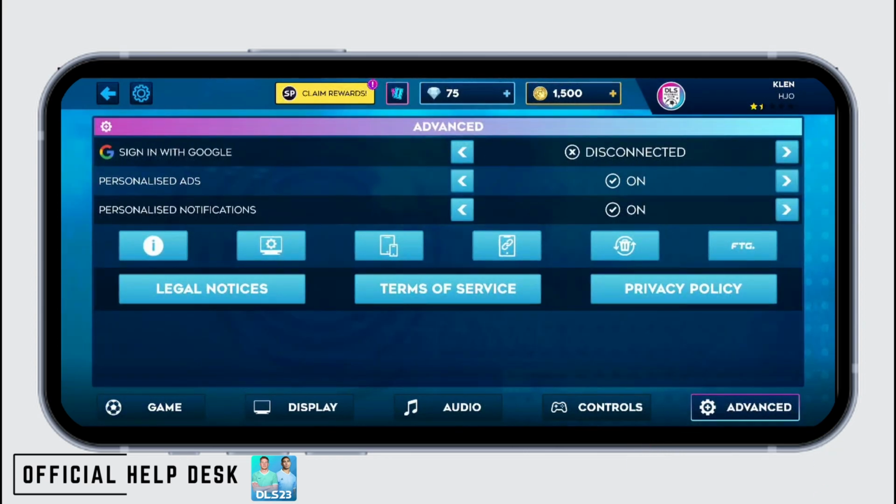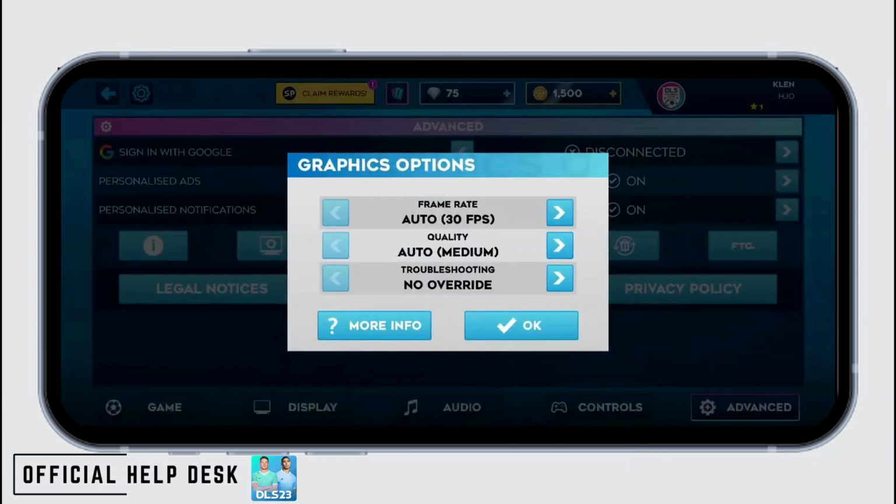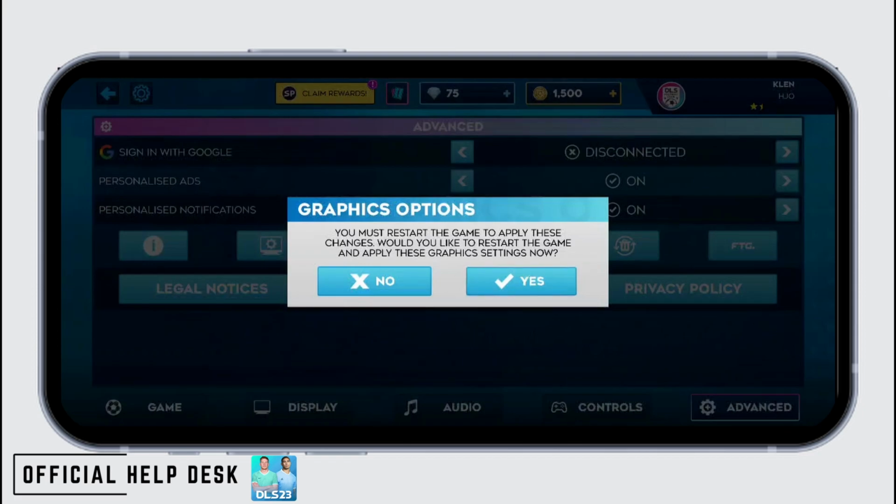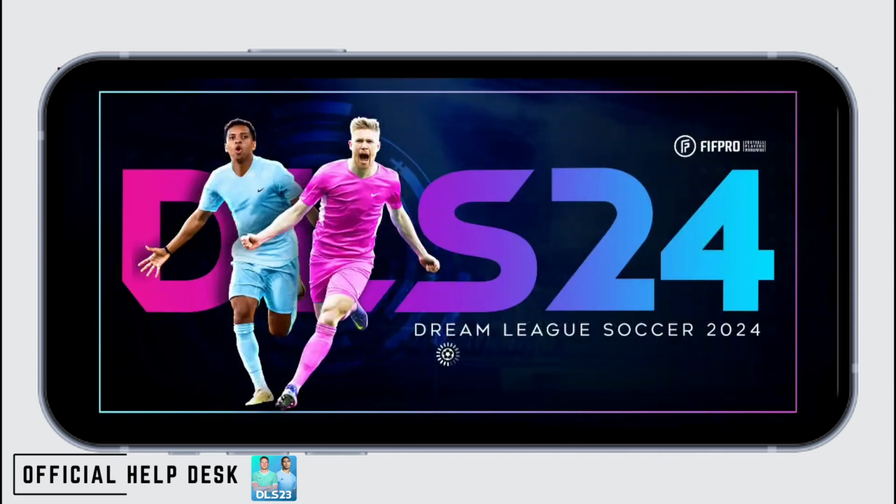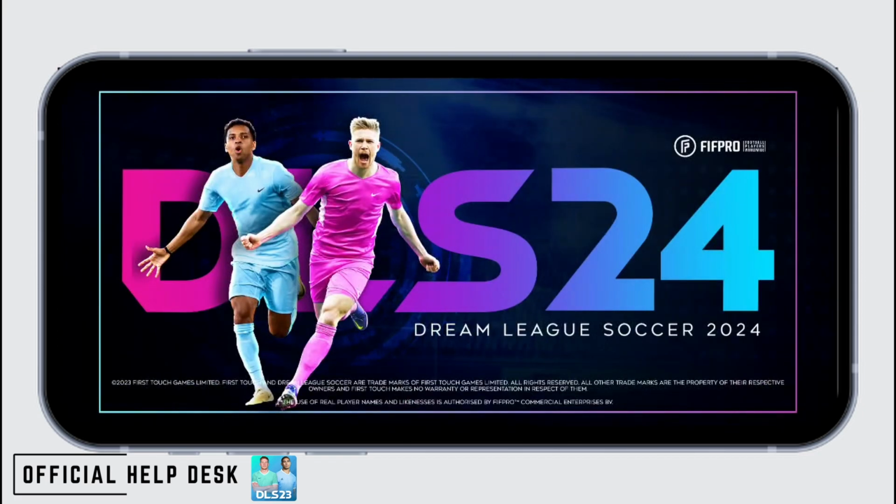Then you have to tap on the setting icon on the screen. Now increase your frame rate to 60 fps and quality to high, then tap on OK. And yes. Now once your game has restarted, you have to head back from here and now you have to